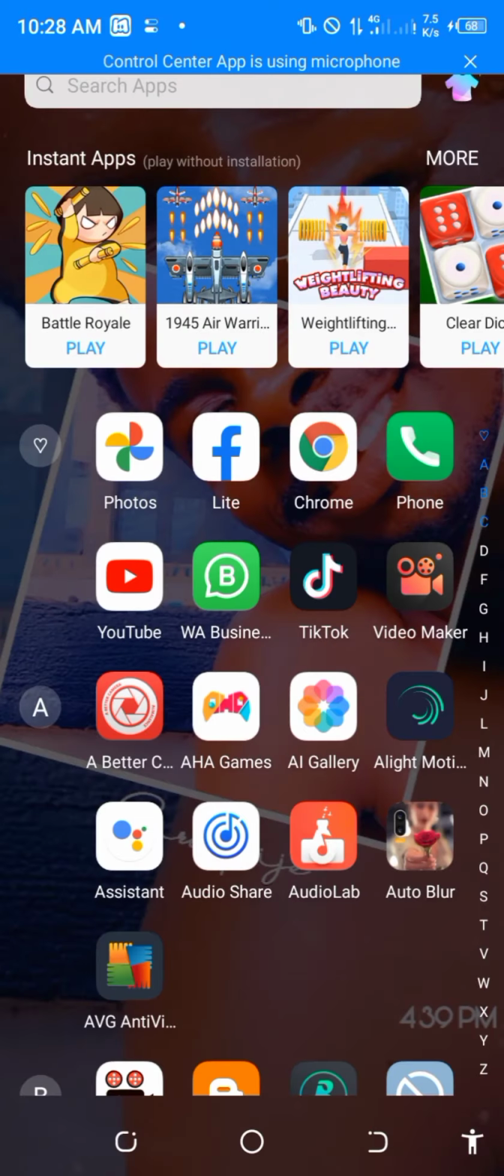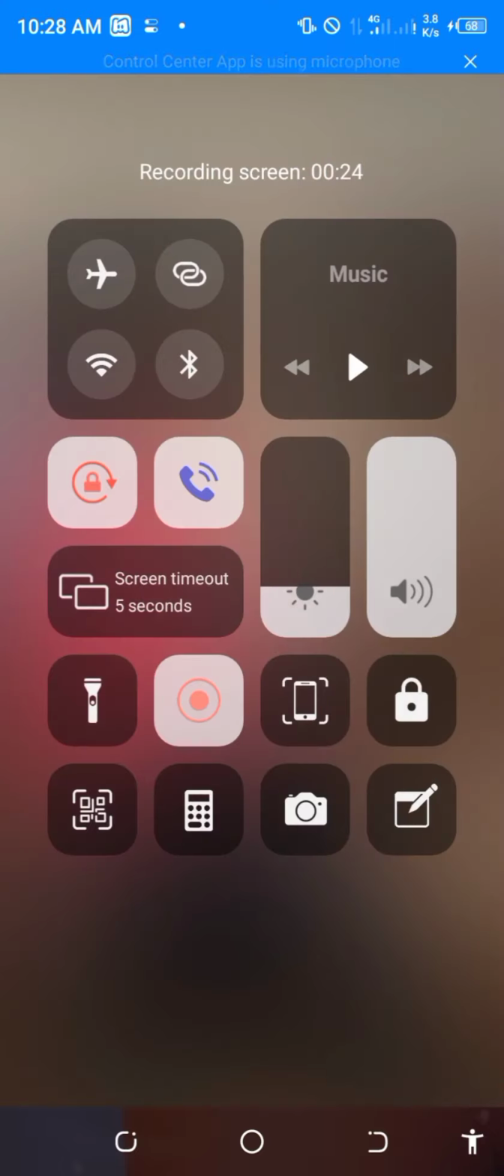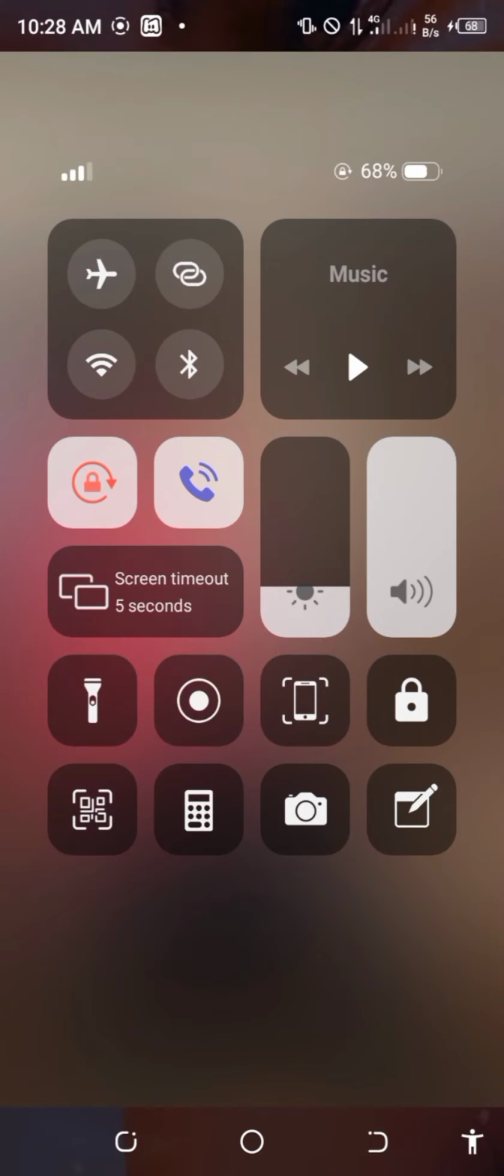Okay, so to stop your screen recorder, you swipe to the right again, and you click on this red circle here. Good. Now you have stopped your screen recording. That is how you record